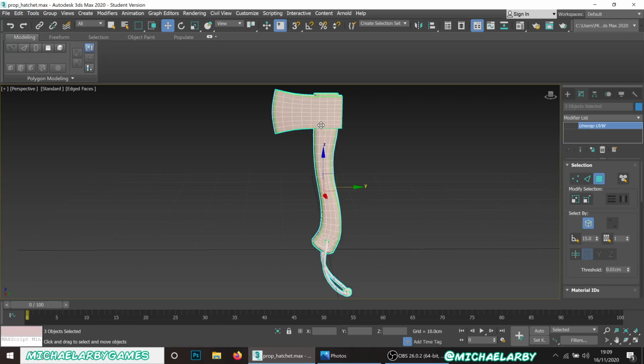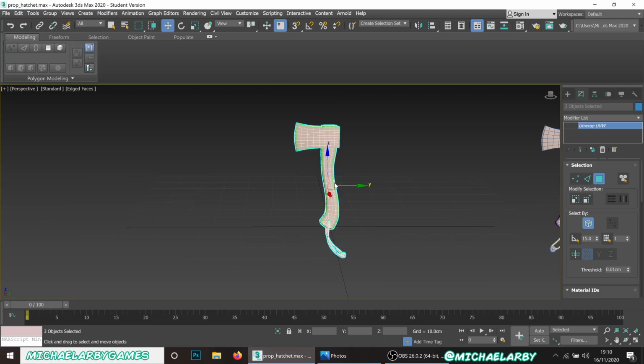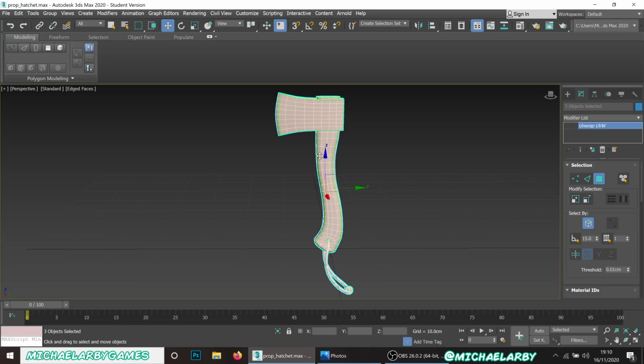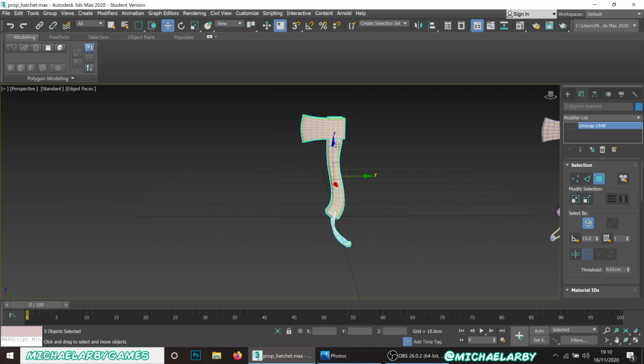Numerous reasons for that. One being, say this was a game like God of War, and this was our main weapon, and we upgrade this weapon throughout. We can model different heads, for example, and change that. We could give it, say these were a charm on the bottom, to give it special properties, whatever. We can change the drawstring and this wee key ring here. We could even change the handle to different handles. Keeping them as separate objects means we can chop and change them around if we want to do a weapon upgrade system. In my previous videos, we've unwrapped it and compressed it into one. This time we're going to keep them separate. It makes very, very little difference to the actual